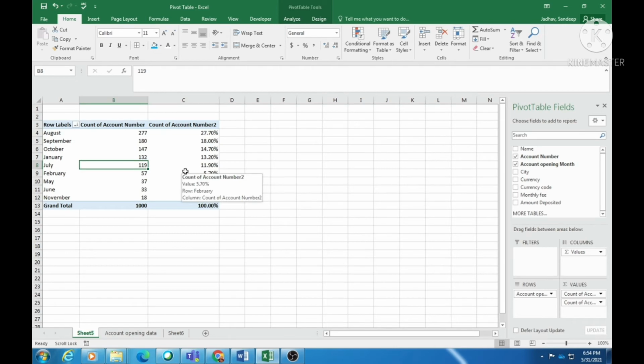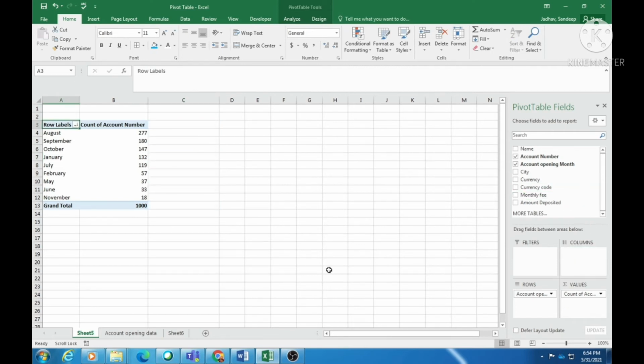So this is the way we can create the month wise total number of accounts open. Now suppose I want city wise month wise total accounts open. So I will take this percentage back again. So these are the total accounts open month wise. I want it bifurcated as per